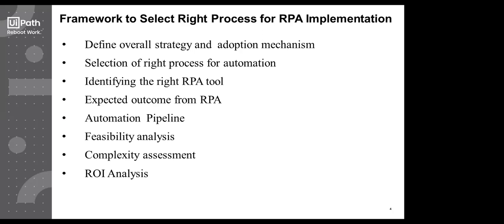Electronic triggers wherein the bot should start processing when you receive a mail. So those are electronic triggers, where you wait for some trigger to start the process. So that can also be automated. So you have a certain criteria and you analyze everything, and then you decide on whether this process is the right fit for automating or not.